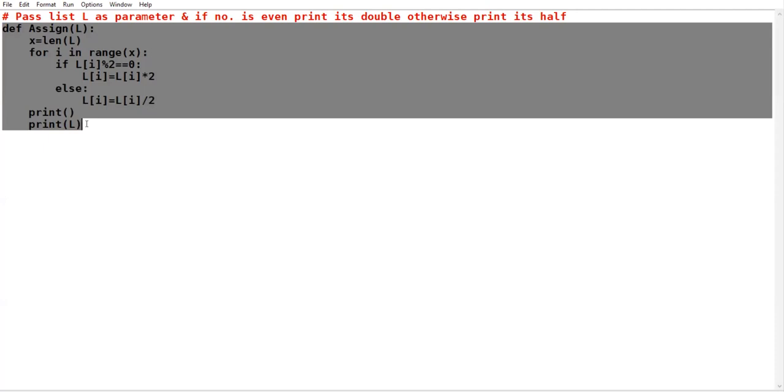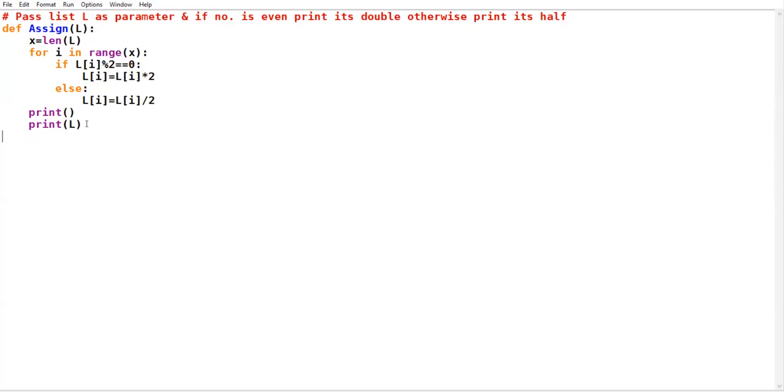But as I'm running it practically, outside the function in the main part, from where the execution will start, I will initialize the list over here. This is my list. I am calling the function assign and I pass the list L as parameter, as argument.